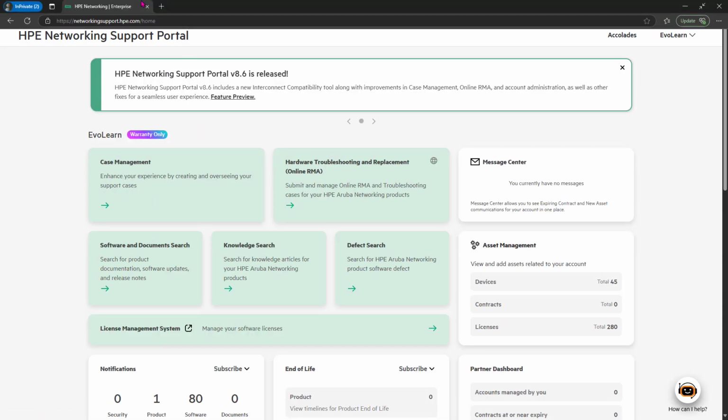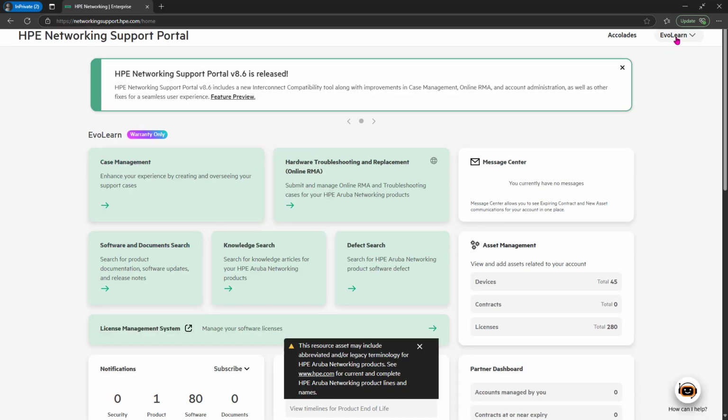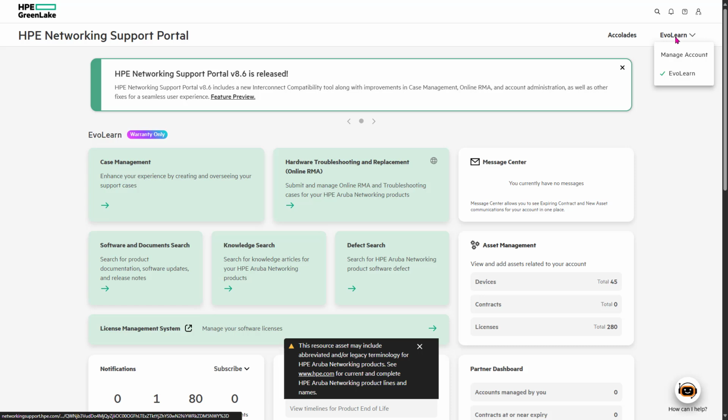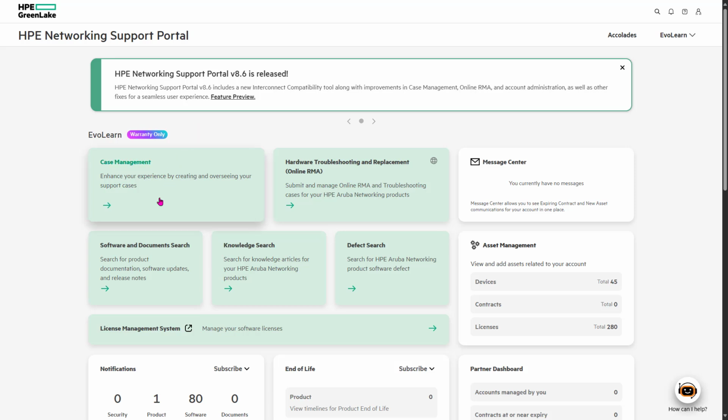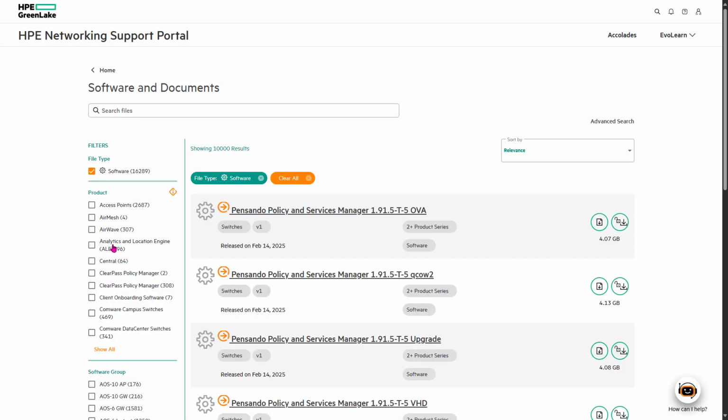But if you would like to go from the beginning, you will go to either asp.arubanetworks.com or networking support, as you can see the address. And now you are on this page. If you had not logged in, I would have been asked to log in. And then you go to software and documentation search, and you might want to narrow down your search. You go to your software, and you could go to more filters, but simply speaking, I can type .ova,